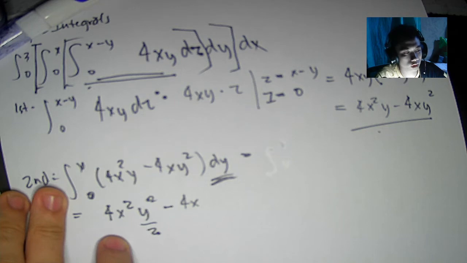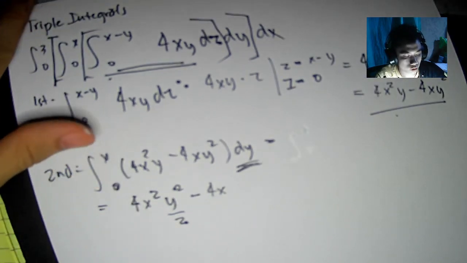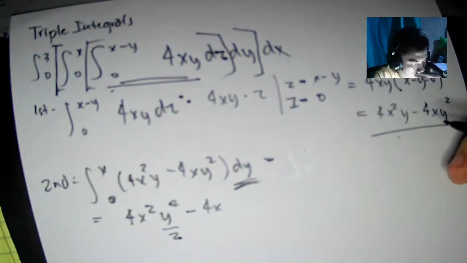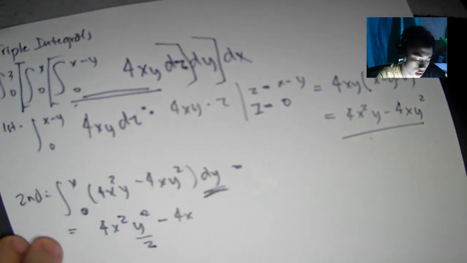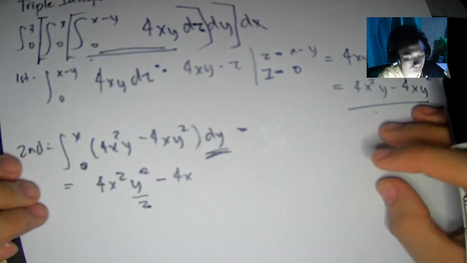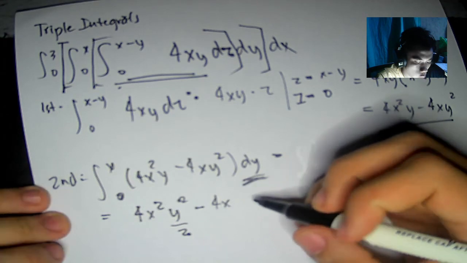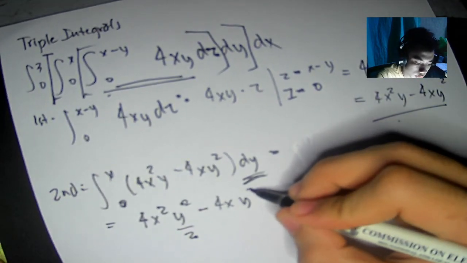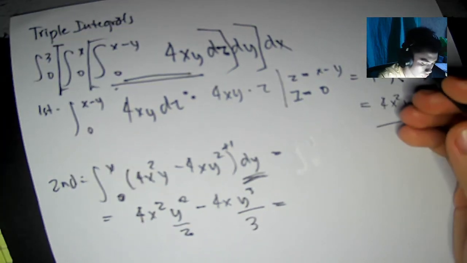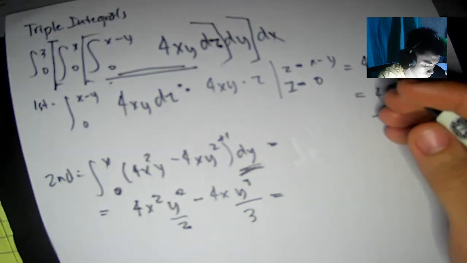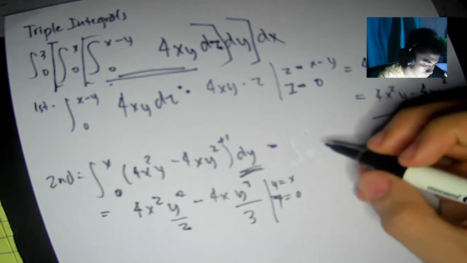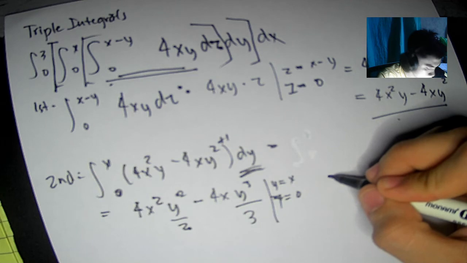We have two remaining degrees of integrating. I mean, we have 2 degrees left to integrate, which are x and y. So right now in the second degree, you'll be dealing with y. So y squared is 3, plus 1 plus 1 here, so we have 3 over 3. Now what we're going to do here. Sorry, I forgot to put y equals x and y equals 0. So we'll have here